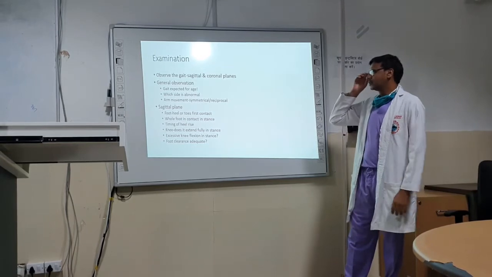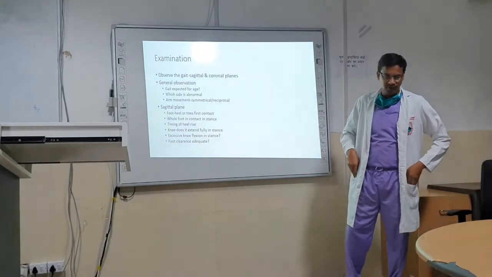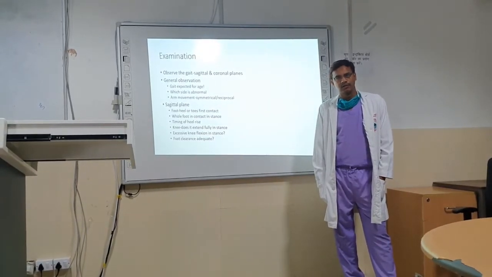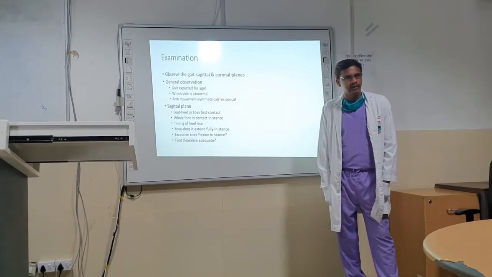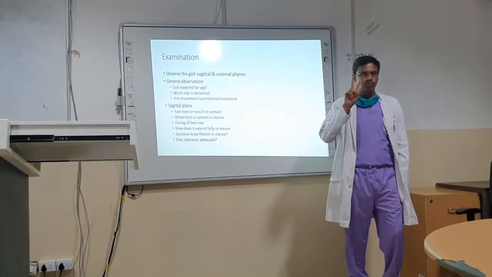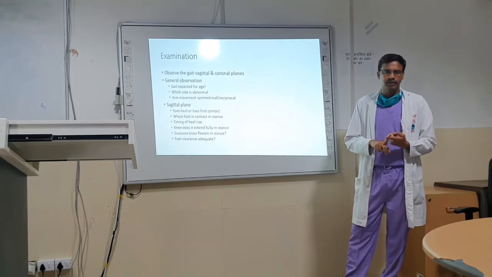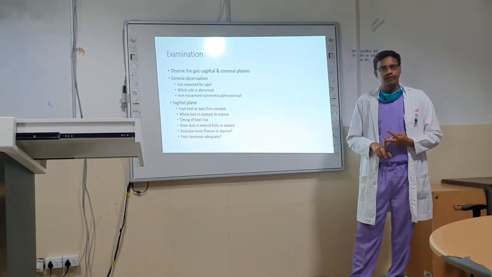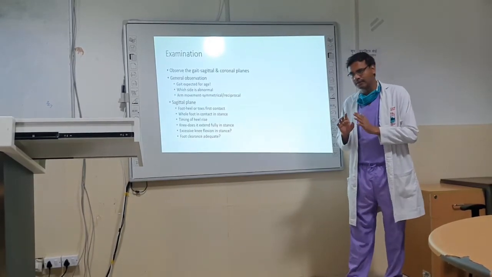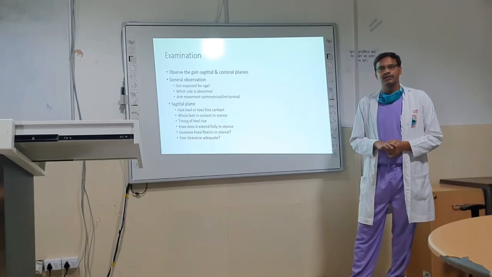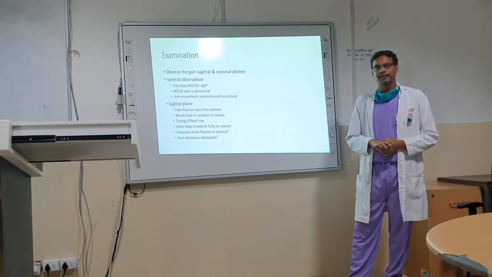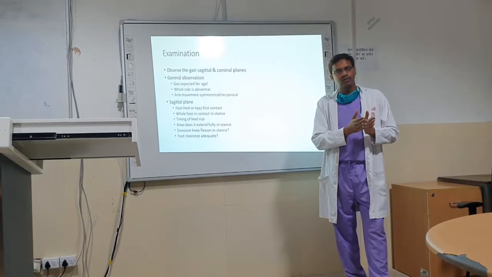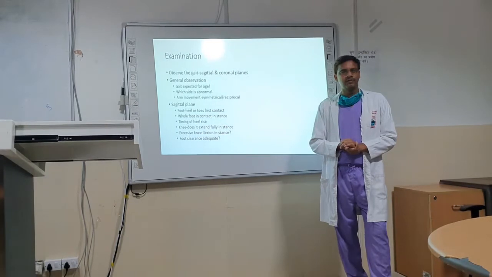Now coming to examination. The first point in examination, of course, since we are dealing with a child having a limp, is that you have to observe the gait of the child. The gait can be observed in two ways. First is the clinical examination and second is the laboratory gait analysis. We are talking today only about the clinical gait examination. When you are examining a child for clinical gait, you should not look only from the front, but also from the side and from the back.